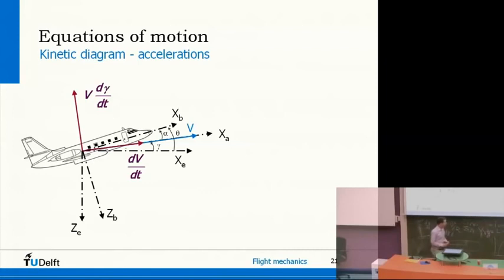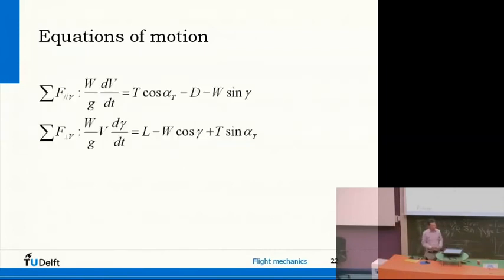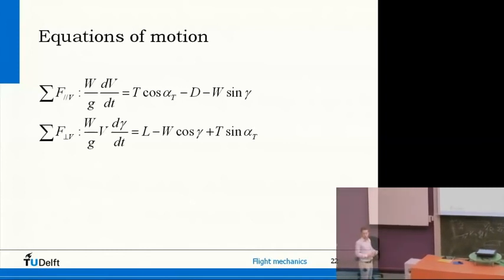So the equations of motion then become this. So we have a vertical acceleration times the mass, and then we end up with these two equations. So we have one plane. It's able to move in two directions, two-dimensional space. We're treating it basically like one mass which is moving around. So we end up with two equations of motion that describe what the aircraft is doing. So that's all for this hour. In the next hour, I'm going to look at what are actually all the forces in these equations and how do they behave.